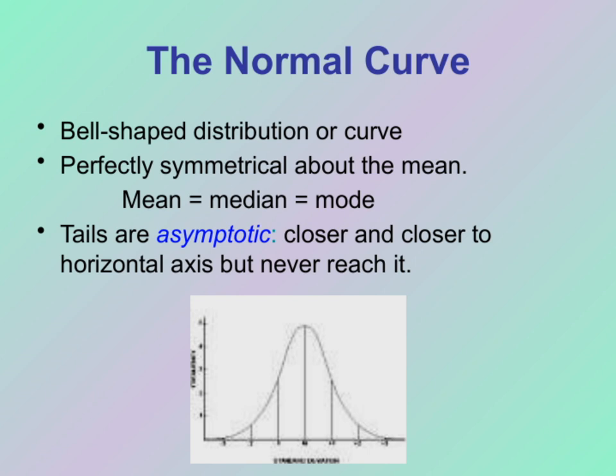This is a unique property of the normal distribution and helps us identify it easily. Now, you'll notice the tails of the curve extend outward, but never quite touch the horizontal axis. These are called asymptotes, meaning the tails get closer and closer to the axis, but never actually reach it. This indicates that extremely high or low values are possible, but they are increasingly rare as you move further away